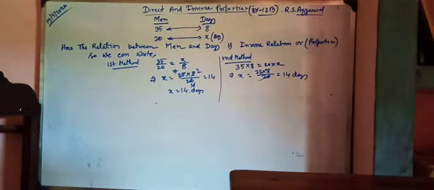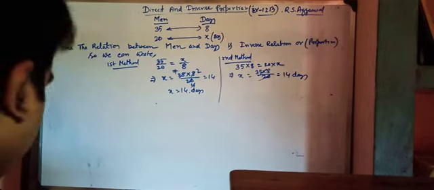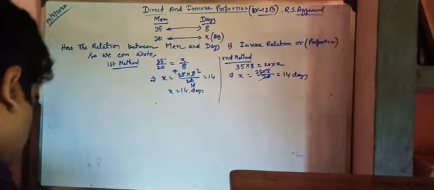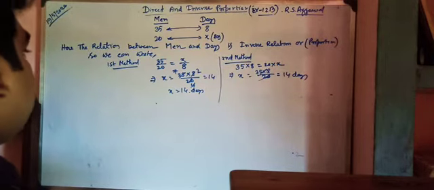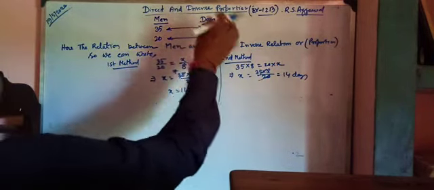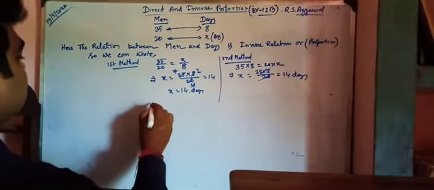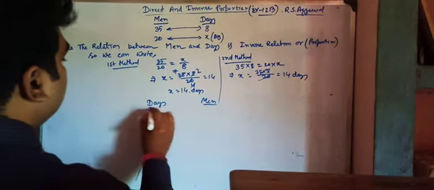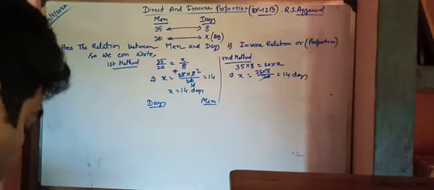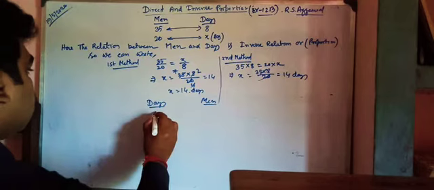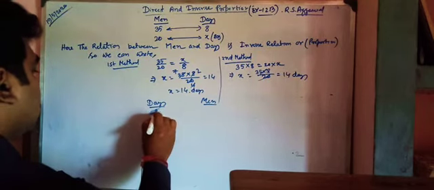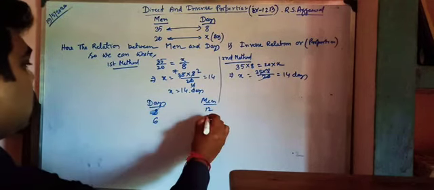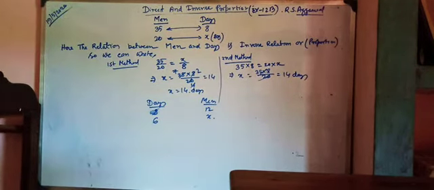Similarly, I will be making the chart for that. The chart is days and men. Now what is my unknown, that we have to put on the right side. Now here days is equal to 8 days, and here 12 men. Now here days is equal to 6 days. How many men? So that is my required value.